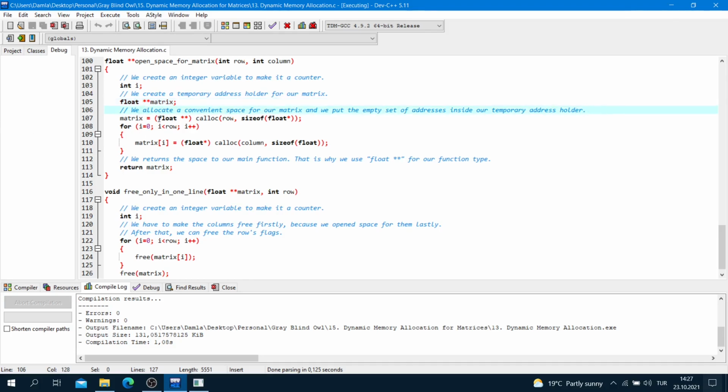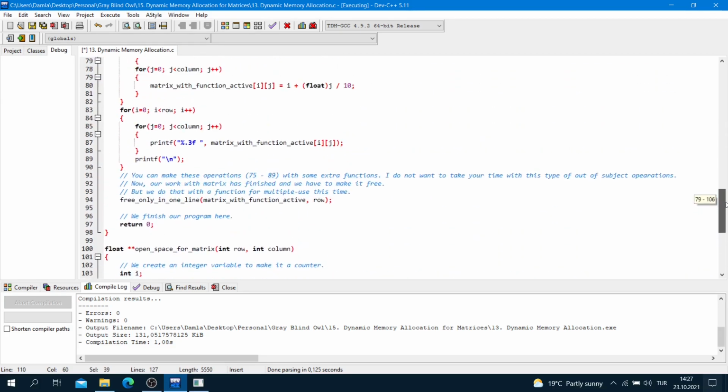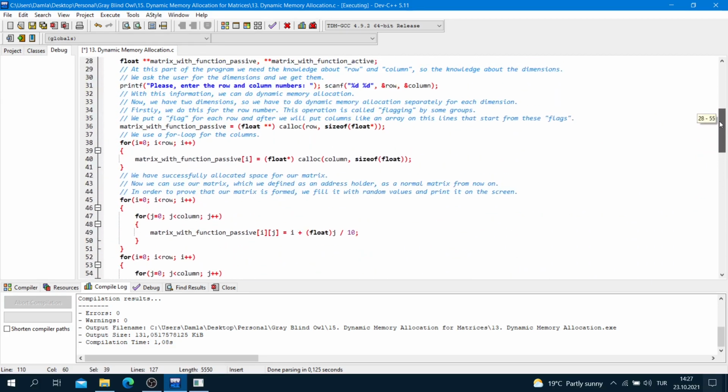Matrix is equal to float pointer calloc row, size of float pointer and semicolon. For i is equal to 0, i is less than row, and i plus plus, matrix i is equal to this one, and we did this before here.